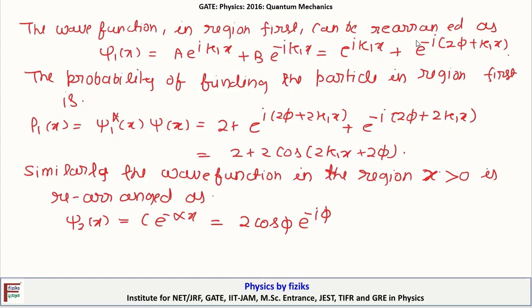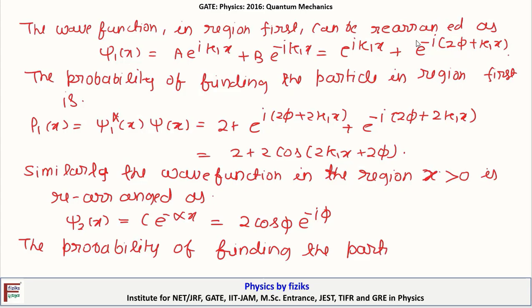That means the probability of finding the particle in region x greater than 0 is